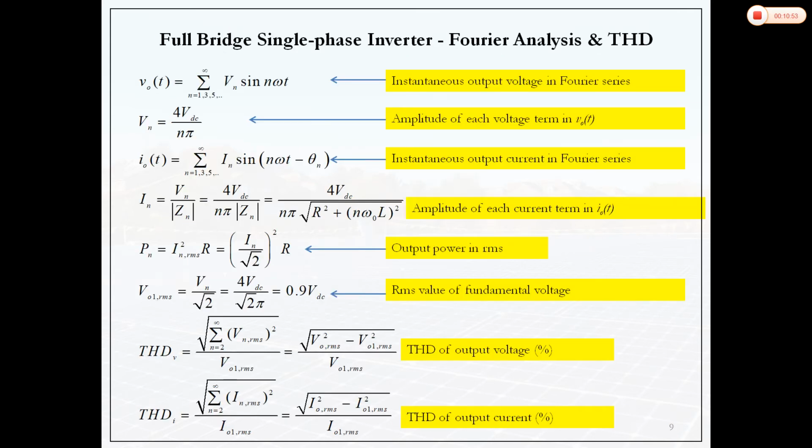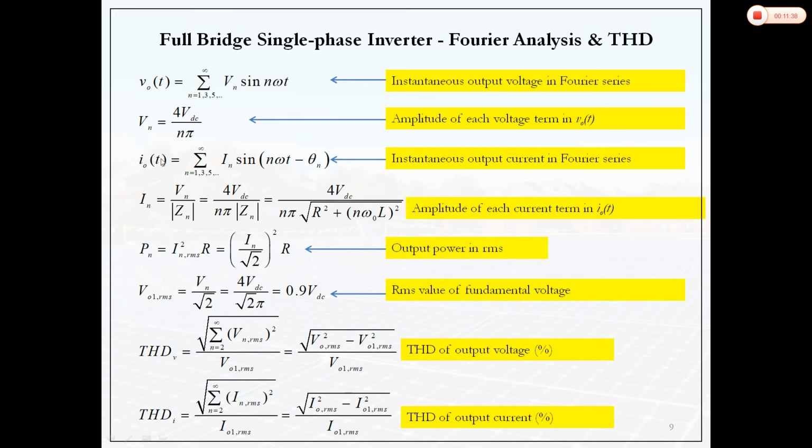Now if we summarize, last time we also did some Fourier series analysis of the output voltage because it was a non-sinusoidal waveform. So we decomposed it into a fundamental component and harmonic components. The output voltage was Vn sin n omega t, where Vn was the magnitude, 4VDC upon n pi. All these explanations and derivations are equally valid for the half bridge inverter, but in that case we have to replace VDC by VDC by 2. All other expressions will remain the same. So here Vn will be 4 VDC upon n pi.